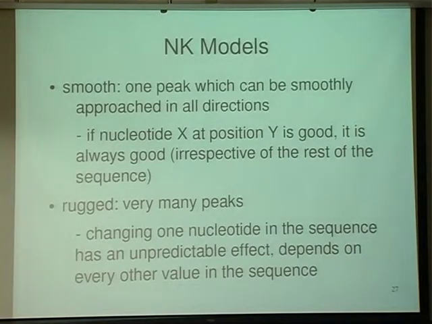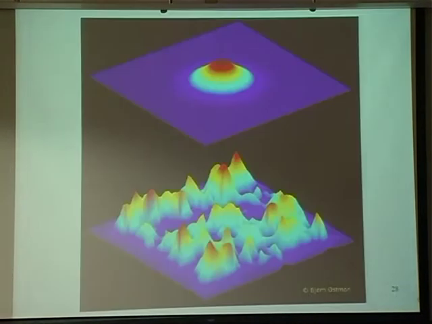The nice thing, I think the power of the NK model, is that you can move smoothly between these extremes. And it was the first model that allowed us to move smoothly between these two extremes, right? Because Fisher's model is completely smooth, and you can just have random draws from your fitness distribution for every sequence, it's also fairly easy to envision a completely rugged landscape. And the NK models are a kind of compromise where we can explore this space in between that otherwise, before this, wasn't really explorable mathematically. So there's the picture. Smooth, rugged.